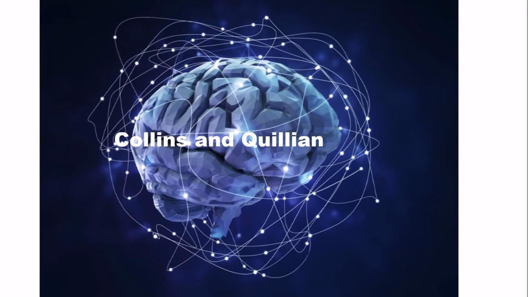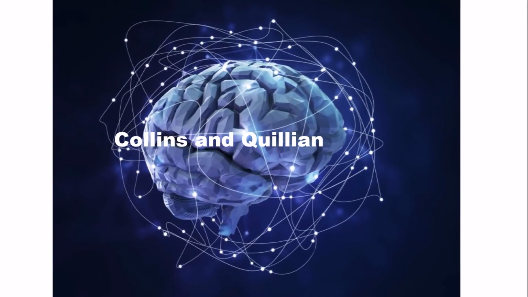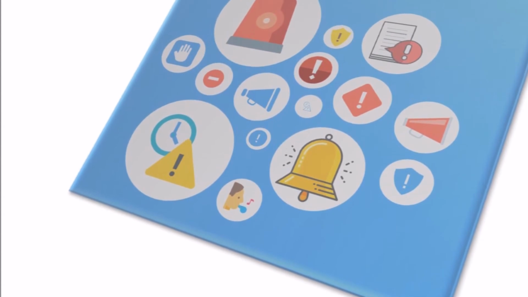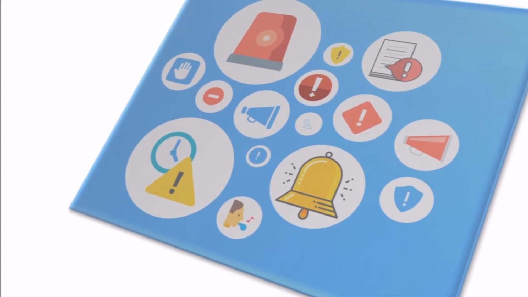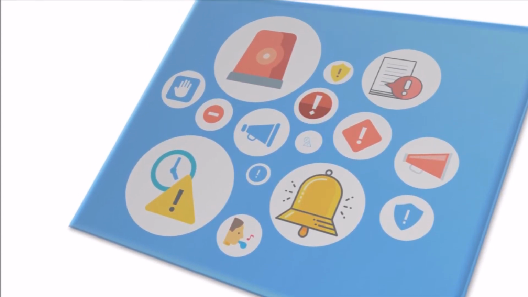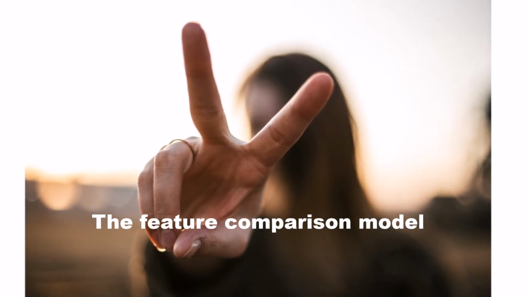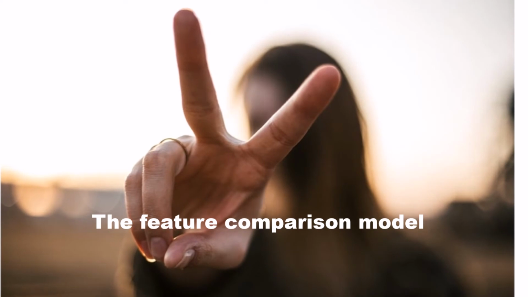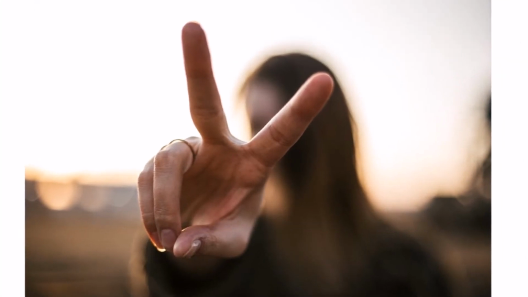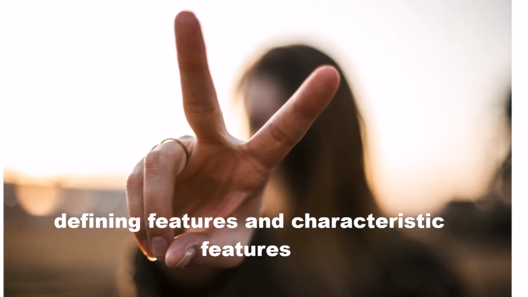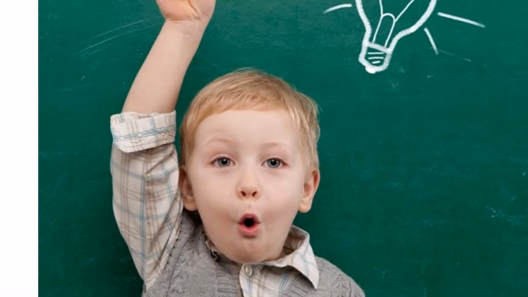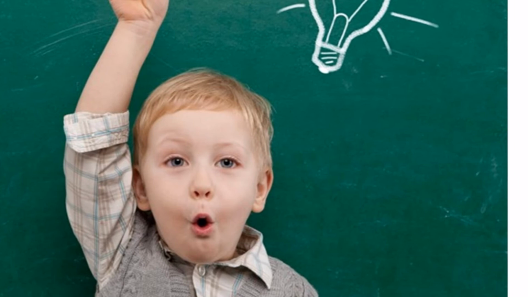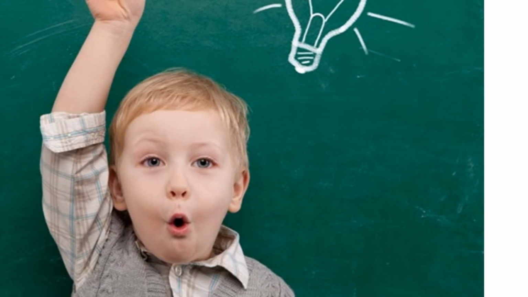Each of these nodes is connected to related nodes by means of pointers or links that go from one node to another. This collection of nodes associated with all the words or concepts one knows about is called the semantic network. The feature comparison model assumes that the meaning of any word or concept consists of a set of elements called features. These features are of two types: defining features and characteristic features. Defining features are those that must be present in every example of the concept, while the characteristic features are those which are usually but not necessarily present.